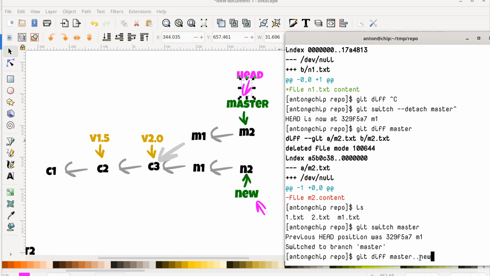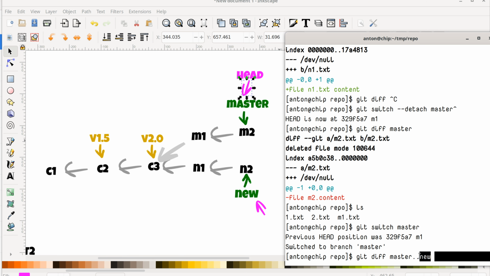Git will take the content of master and try to transform it to the contents of the latest version of the new branch, and it basically shows us how we can transform one state to another with a minimum amount